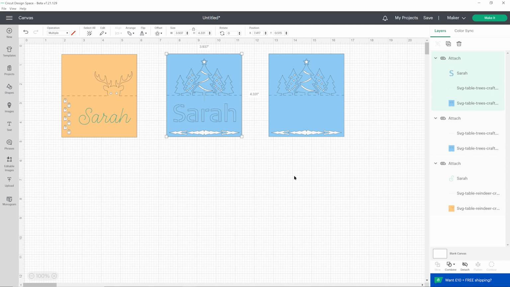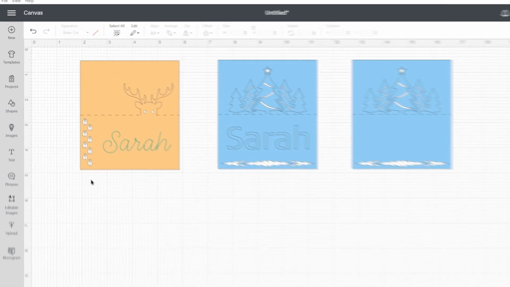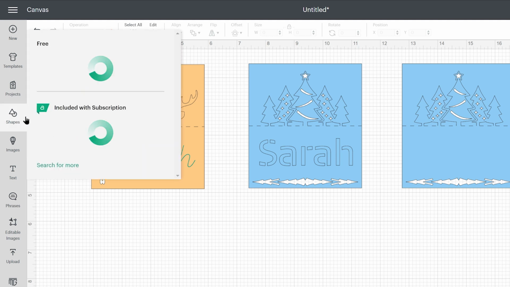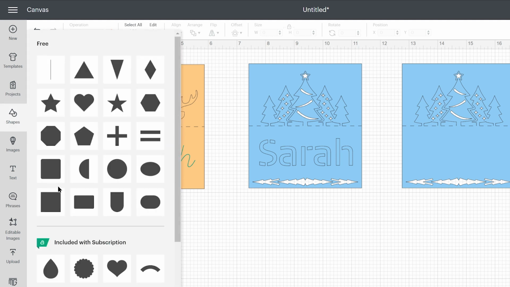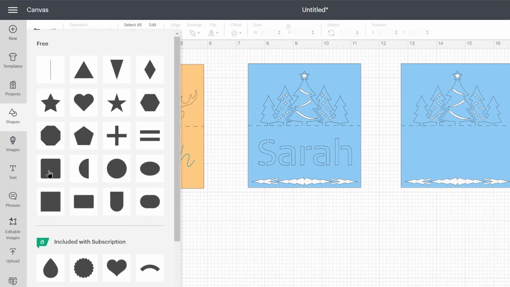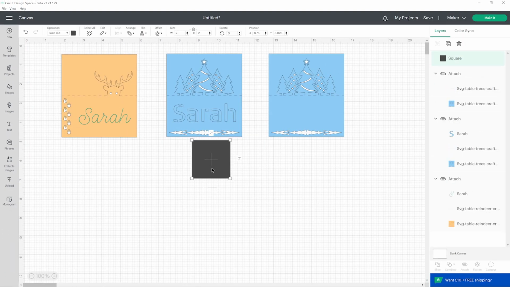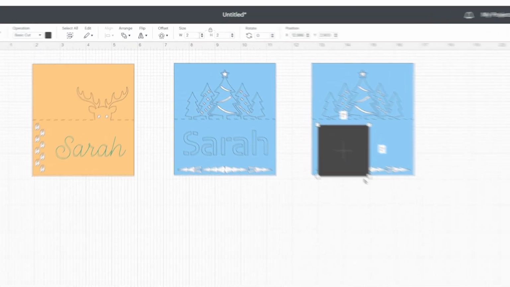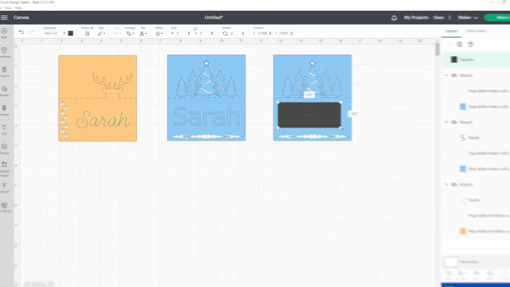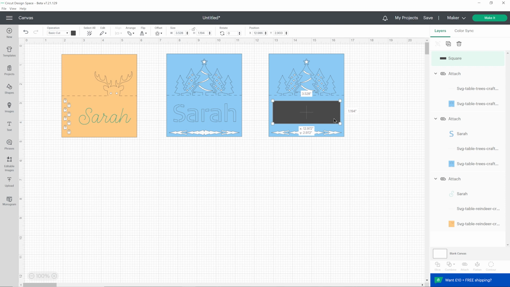If you'd prefer it to be a little bit more obvious, you can do the same thing, but with a background behind it. So let's detach these. Actually, no, I don't need to detach them. Let's attach them again. I want to do something different. So I'll go into shapes and then choose a rectangle. Or what looks quite nice if you've got Cricut Access is this rounded edge rectangle. I'll untick the padlock, put that there, make it, let's go for a dark blue.